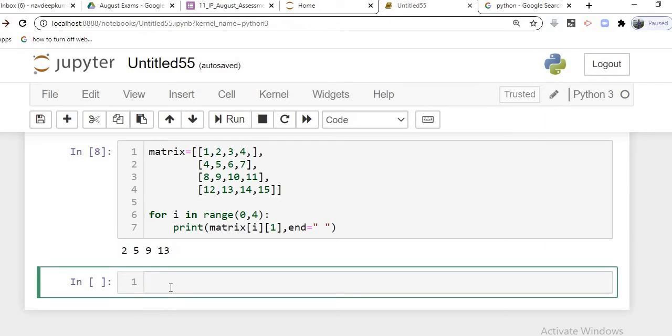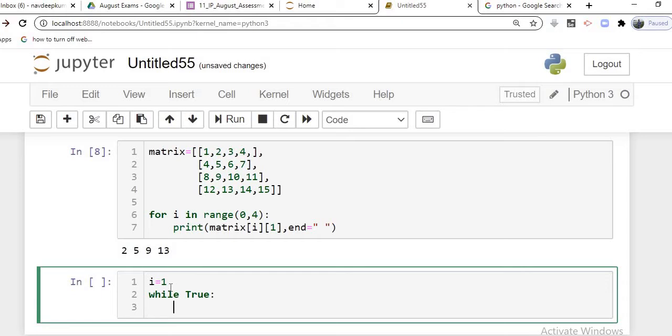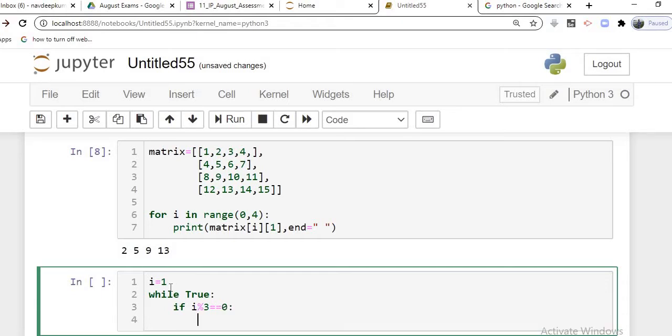So running through the code, i is equal to 1, while True. Students, True and False are the logical values that we have. In the if condition, the percentage sign is basically used for remainder. This is the comparison operator equal to 0, and we apply the break statement here. We have studied break and continue statements. And next is indentation, print the value of i,